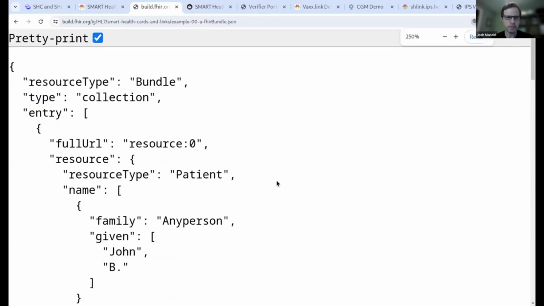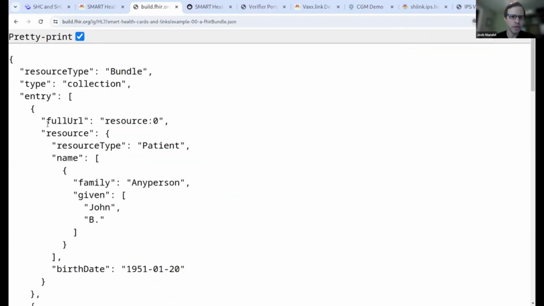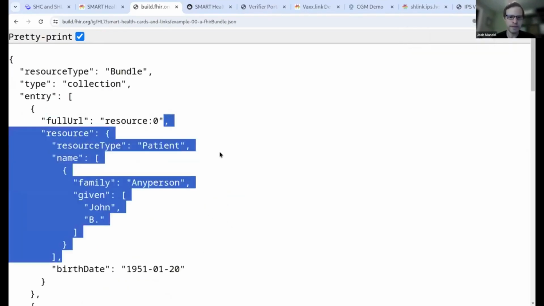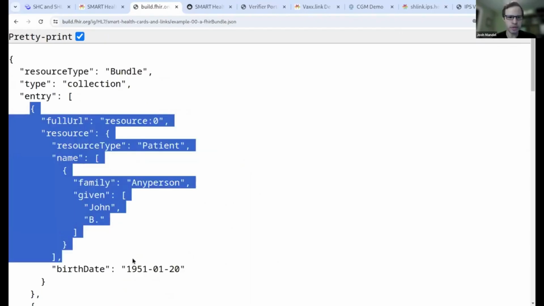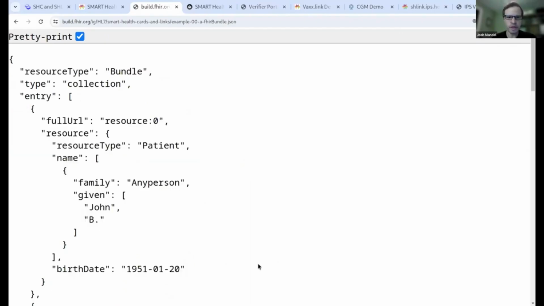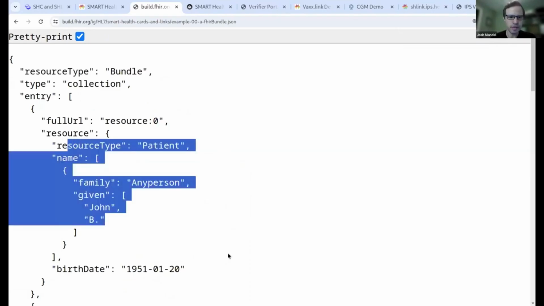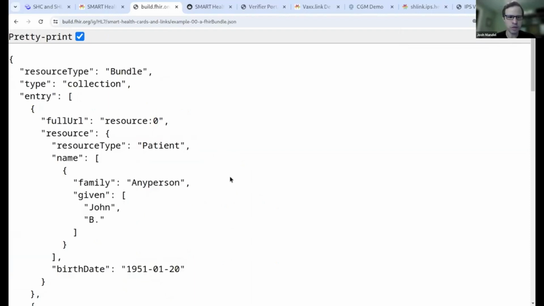And so in this case, we represent the information as a bundle with just two resources in it. The first one is a patient, which tells us who received the vaccine. And we try to limit the amount of personal information that goes into this patient resource. The guiding principle is that there should be enough information here to be able to match it with an additional factor of identification. So maybe you would present this alongside a driver's license or an ID card and make sure that the name and birth date matched that physical document that you were showing.